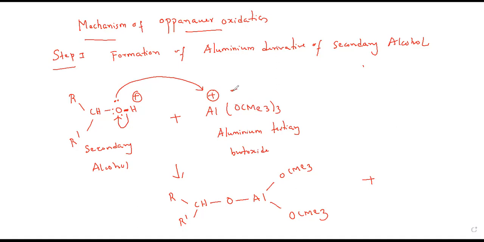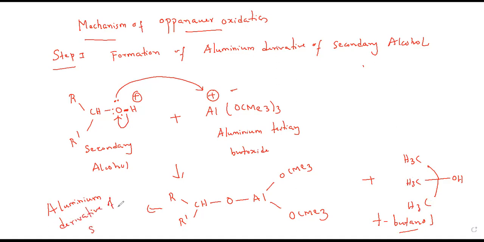So here oxygen is having a negative charge, so this negatively charged oxygen will take up this positively charged hydrogen to form OH, okay. So you will get three methyl groups here, CH3, CH3, CH3. So this is tertiary butanol. This is a byproduct in step number 1. Okay, and this is called your aluminum derivative of secondary alcohol. I hope step number 1 is clear. Okay,